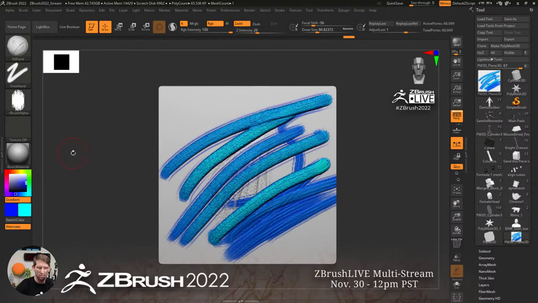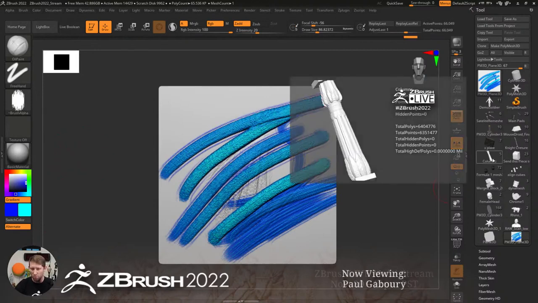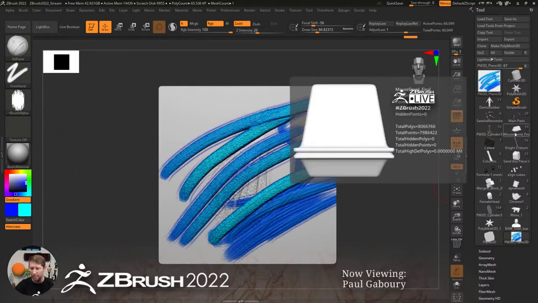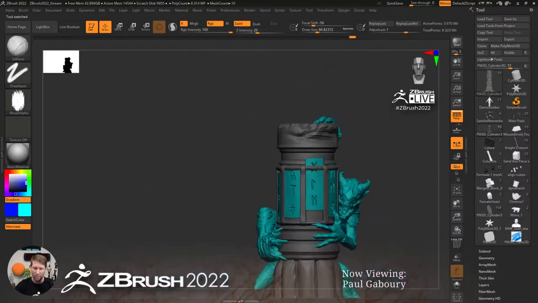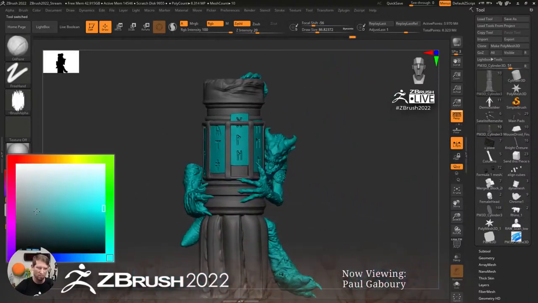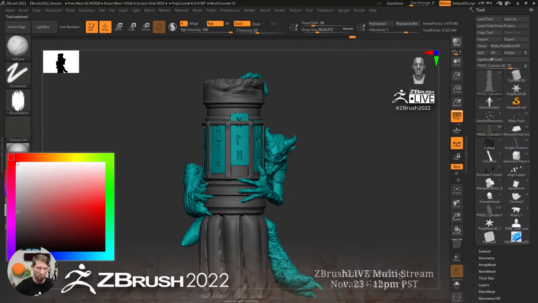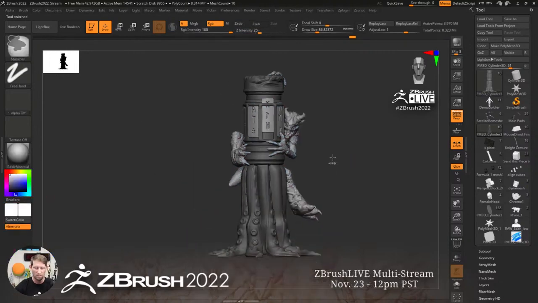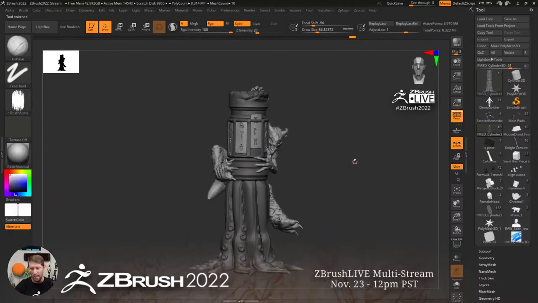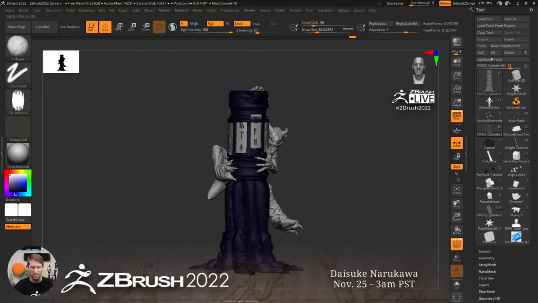All right, so let's continue moving along. Let's go back to, I got to find that guy again. Let's go back to that column. Okay, and let's go to having just the white color here, no gradients. Okay, so something that I also want to be able to do, which has been big for me, is alignments when I'm working inside ZBrush. So as an example,